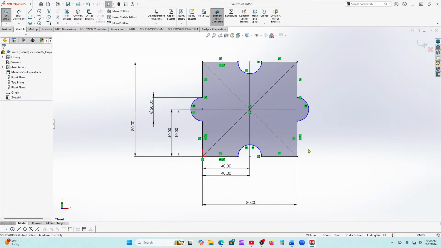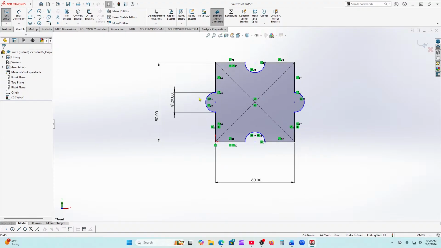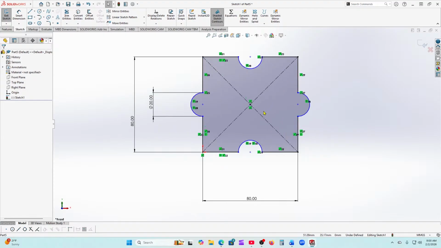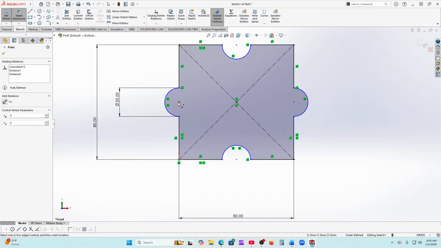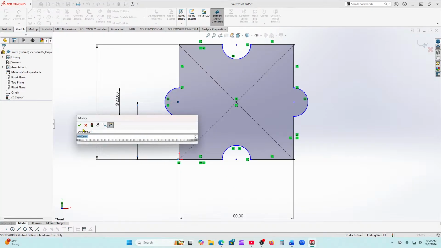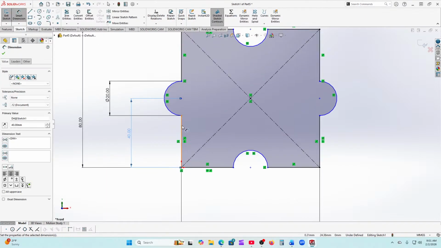So we have some problems here. It's saying that it is fully defined, but we are missing some. We have a collinear relation. All right, let's figure out why we are missing what we have here. All right, so